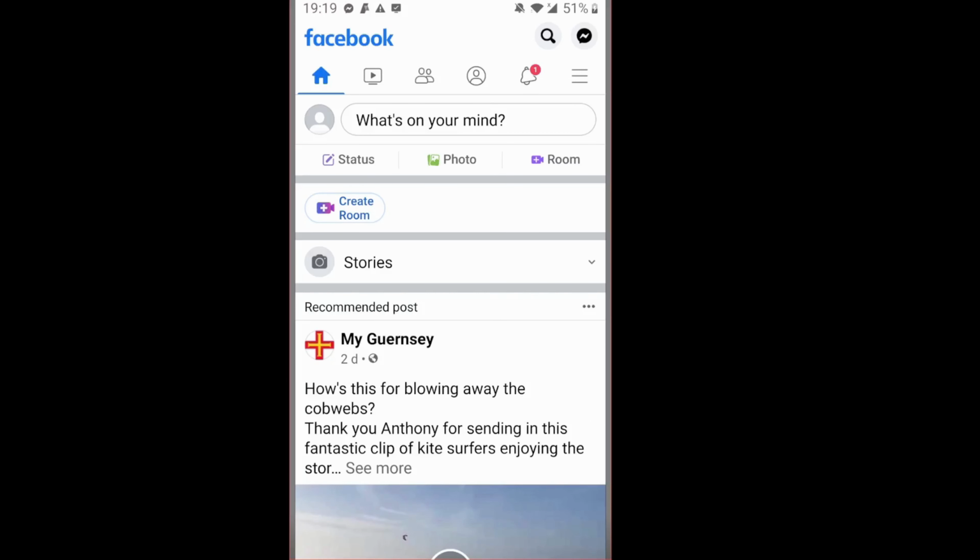Okay, so I'm going to reset the password using a mobile device now. This is an Android mobile phone. The menu button on this is in the top right hand corner of the screen. If you're using an Apple device, the menu button is in the bottom right hand corner of the screen. So the very first thing to do is to tap on the menu button, which is the 3-line button here,